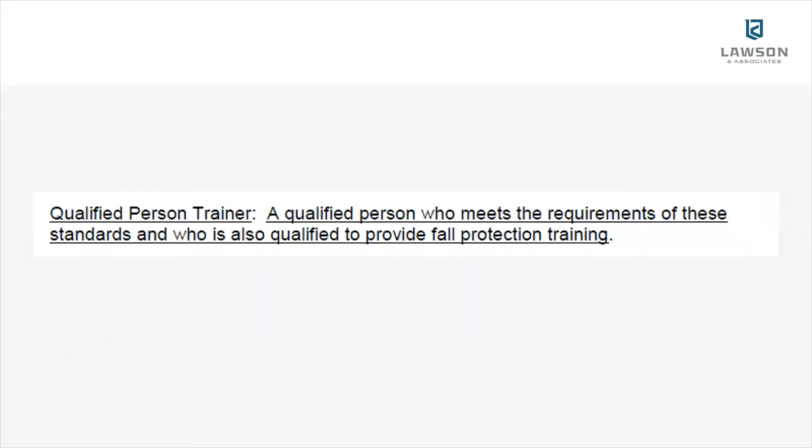Then it goes on and talks about a qualified person trainer. It says that this person is a qualified person who meets the requirements of these standards and who is qualified to provide fall protection training. So our training for qualified persons is required to be done by a qualified person trainer, or for competent persons, by a competent or qualified person trainer. So these are very important things to differentiate and to sit back and think about and understand, well, what does